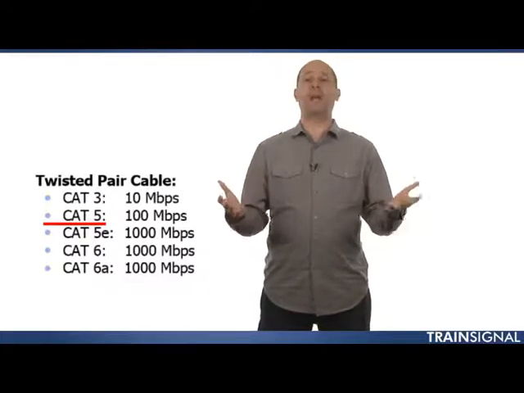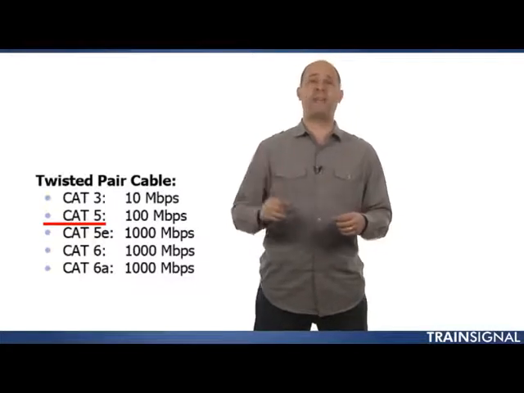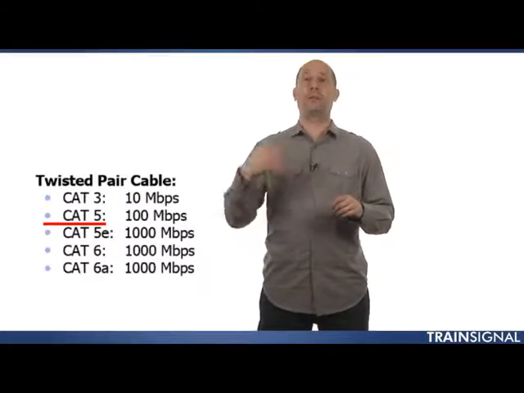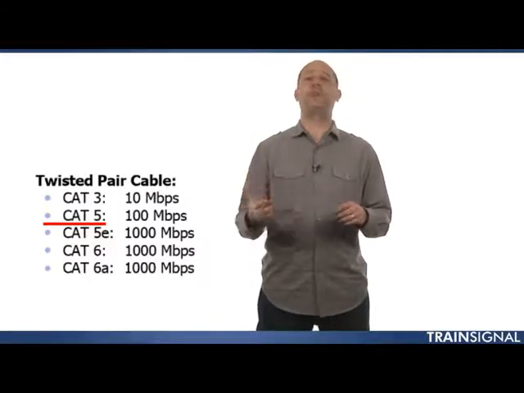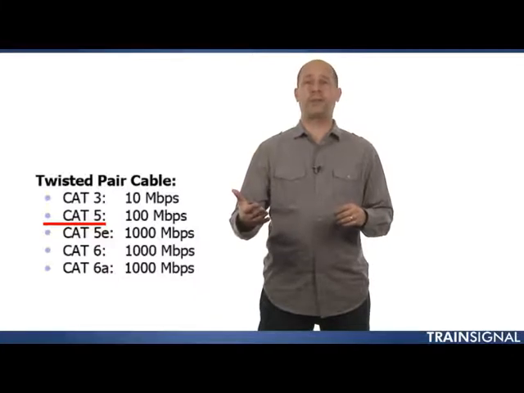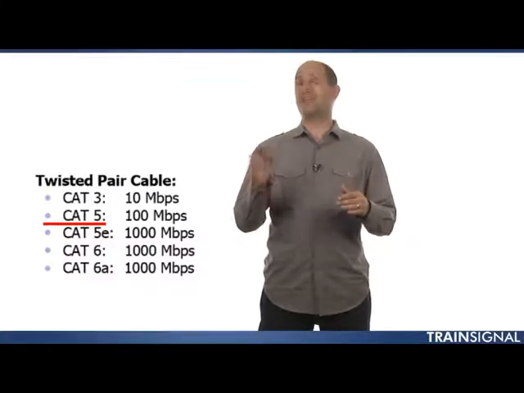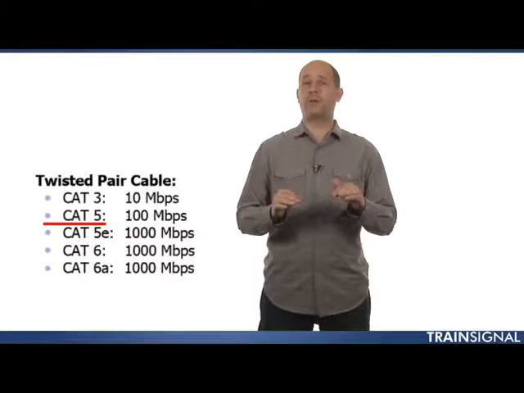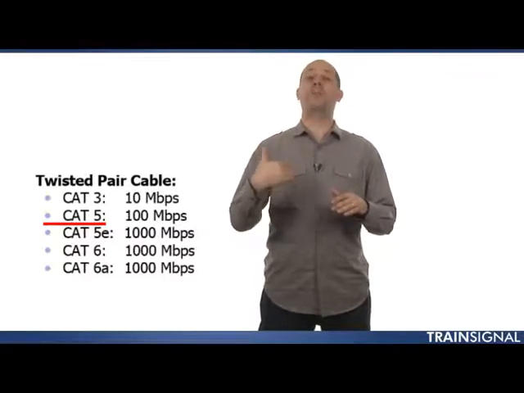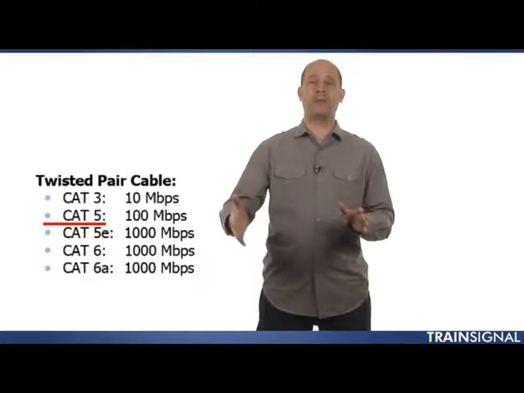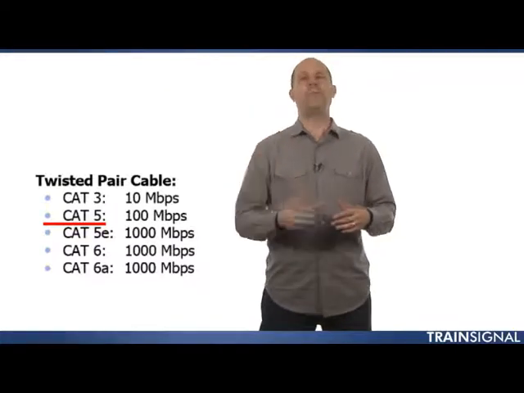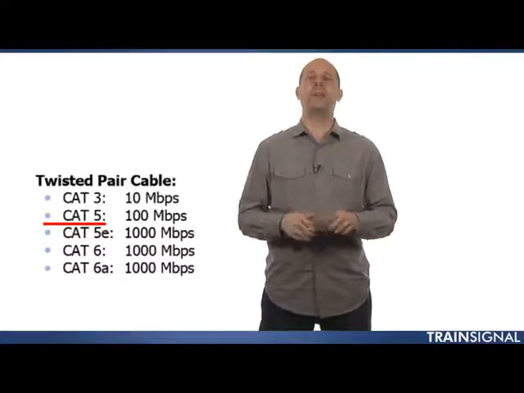You'll actually hear that term a lot. You'll hear people talk about, do you have Cat 5 cable? And the reason you start at category 5 is because now you can handle speeds up to 100 megabits per second, which although by today's standards is still on the borderline of slow, is also considered to be acceptable. There are many 100 megabit Ethernet networks out there today, and so category 5 twisted pair cabling is perfectly